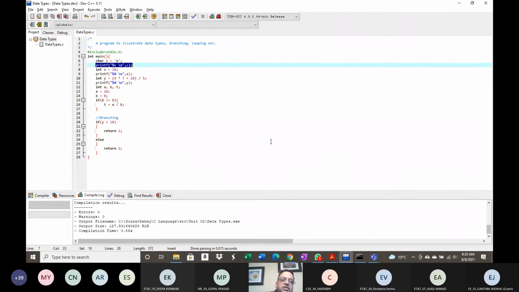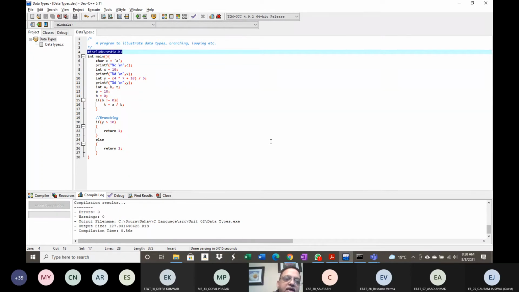Here is the reason behind it. By including this stdio.h, which is a header file, you only get the prototype of this printf function, but the definition of this printf function is in a library. It is a default library. I'm forgetting the exact name, but it gets linked to your object file when the final compilation occurs. So when the object file gets linked to the library, these are the two steps.